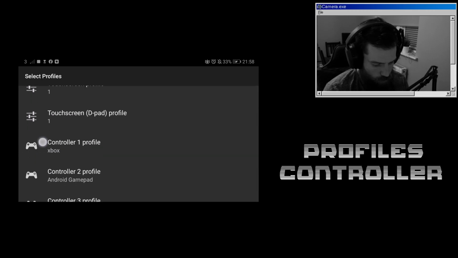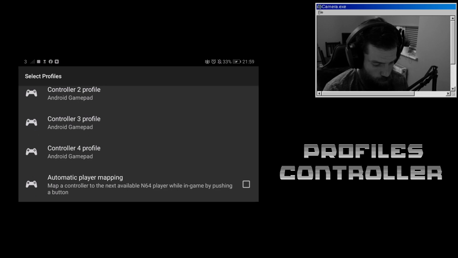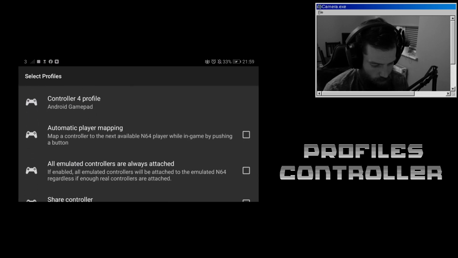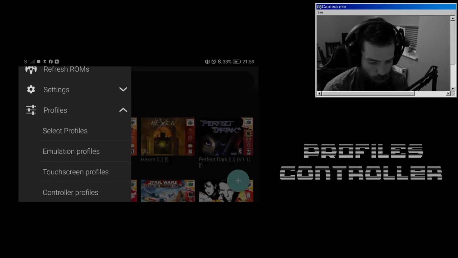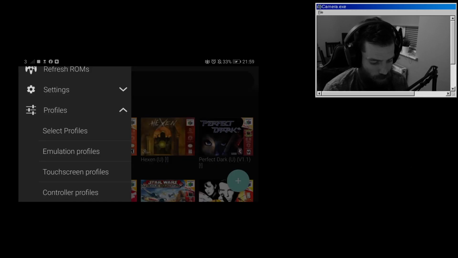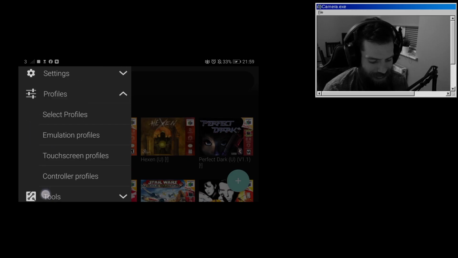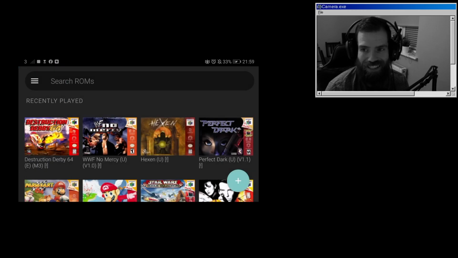And then we go further down, so you can have up to 4 different controller profiles, which is really nice. And that's basically it. You can also get multiplayer on it, but I've not really tested multiplayer out at the minute, so we're not really going to go into that. But that's the main settings that you need to actually set this device up. It's so quick and simple, guys.